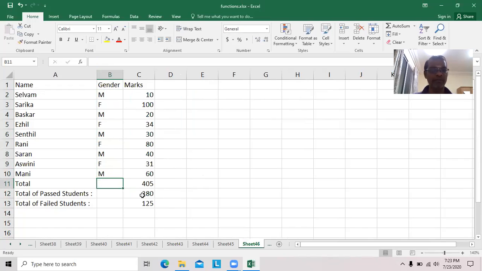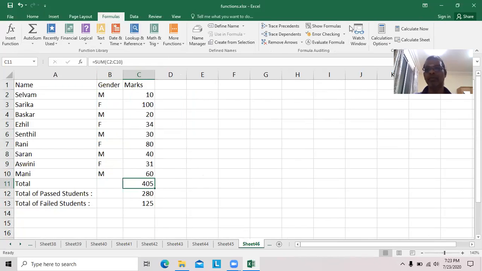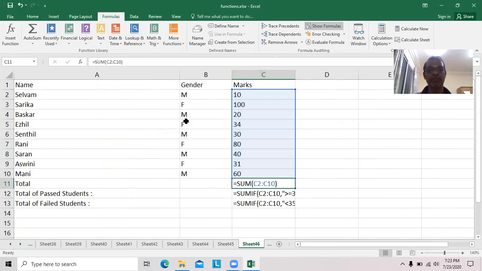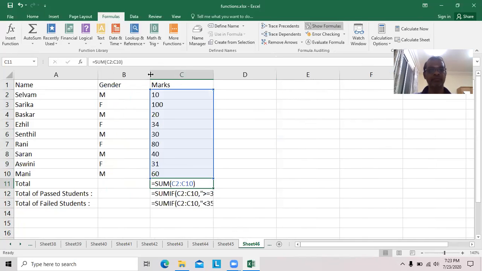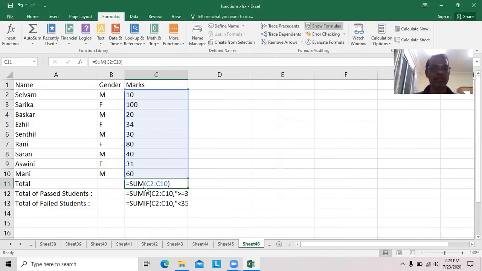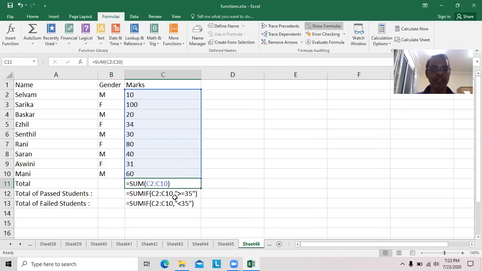Here we already know the total very well. First we will see the formula. Here, SUM C2 colon C10 adds the range of values from C2 to C10 unconditionally. Whereas here we have one condition, that is the total of passed students only: the marks should be greater than or equal to 35.